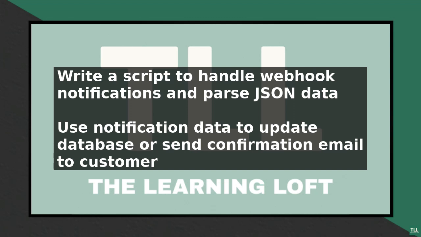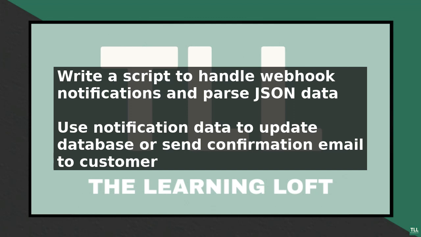To automate the processing of these events, you can write a script that will handle the webhook notifications. This script can be written in any programming language and should be able to parse the JSON data and perform the necessary actions. For example, you can use the notification data to update your database or send a confirmation